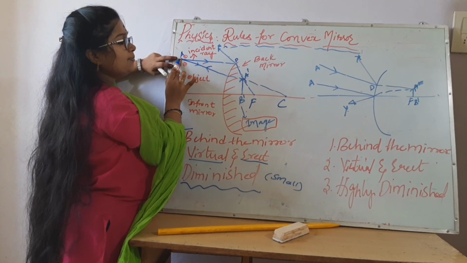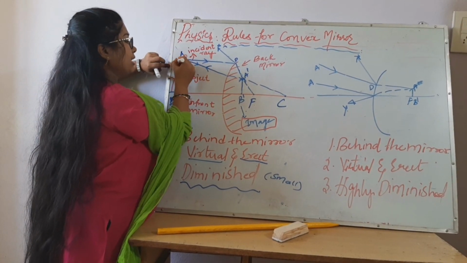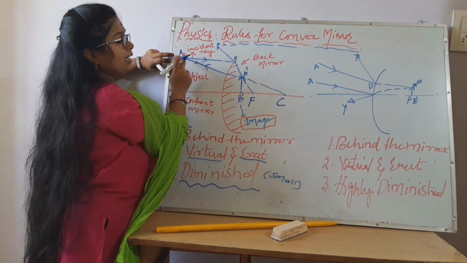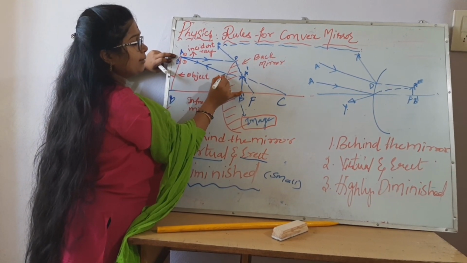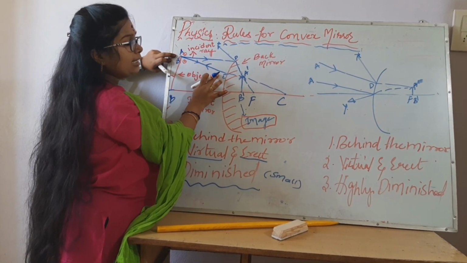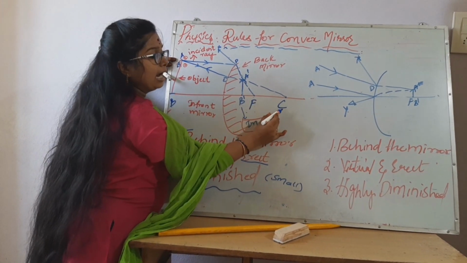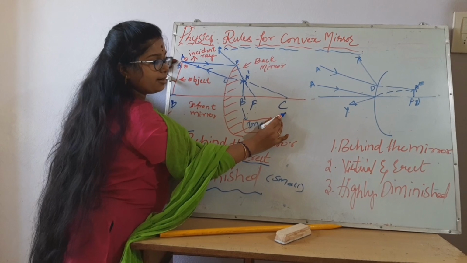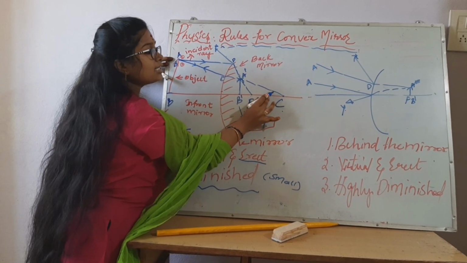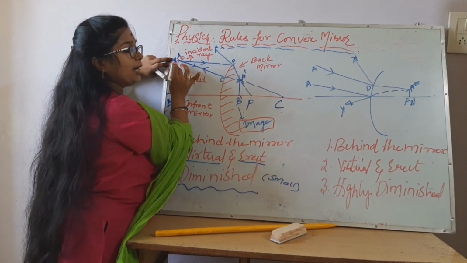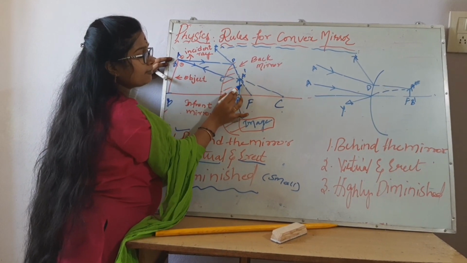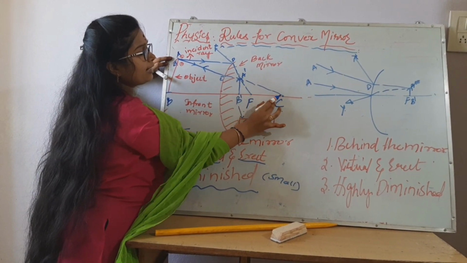Suppose I keep B here. Ray B is meeting the mirror at E. This is the incident ray, and it seems that it is passing through the center of curvature, so the same path it comes back. So here this reflected ray and this reflected ray are